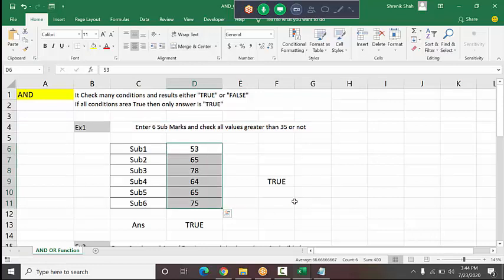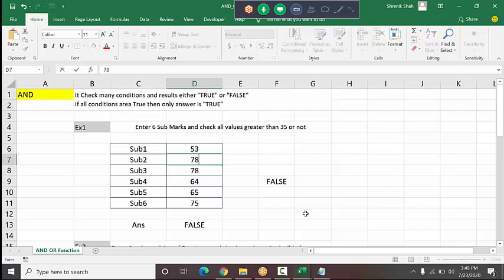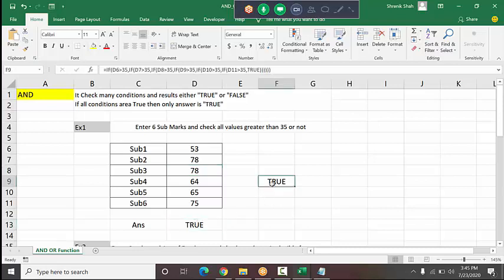So here, given the marks, in all subjects if the student scores more than 35 marks, then only the student is pass, otherwise the student is fail. I show you the result first. See, the student scored less marks, student is fail. The student scored max marks, student is pass. It prints true or false.